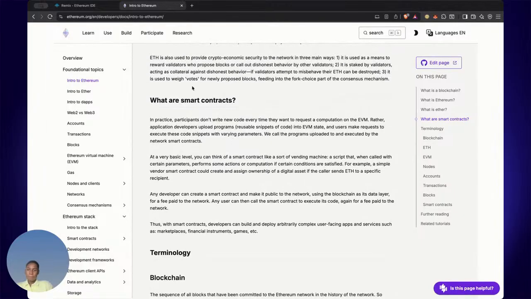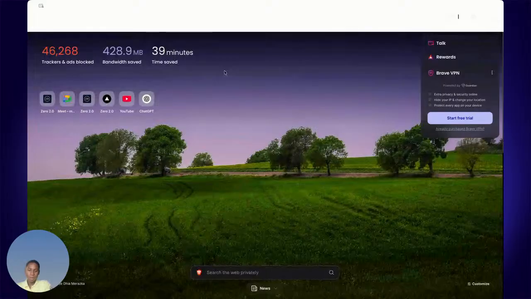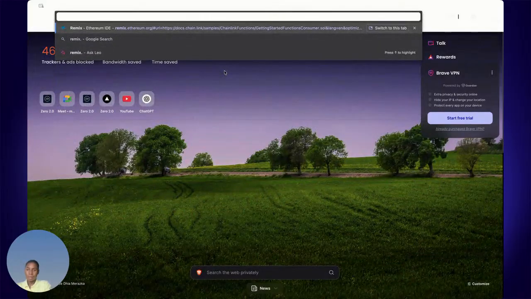Now, let's go straight into Remix. Remix is an IDE for building smart contracts. You can find Remix at remix.ethereum.org.